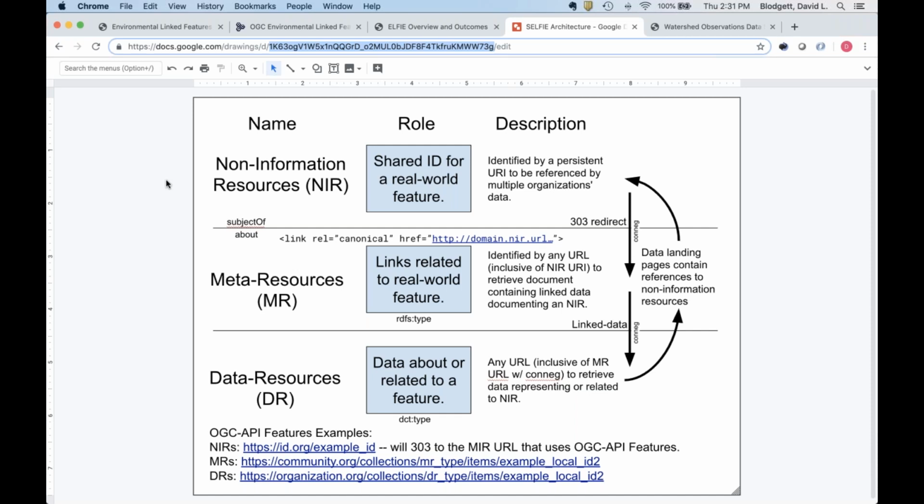So that separation of concerns between the governance of identifiers for real world features and the governance and implementation of systems that provide information about real world features is, at the end of the day, the reason for this redirect. And the redirect can be very lightweight.